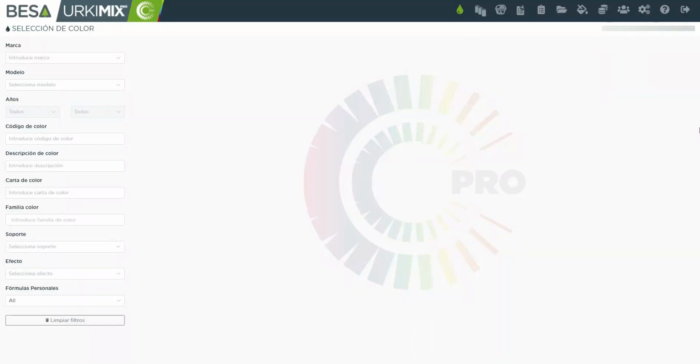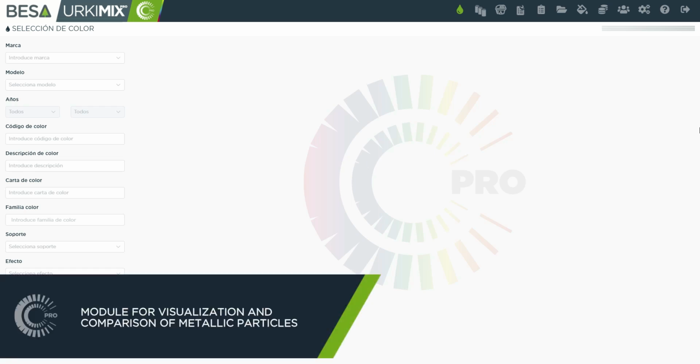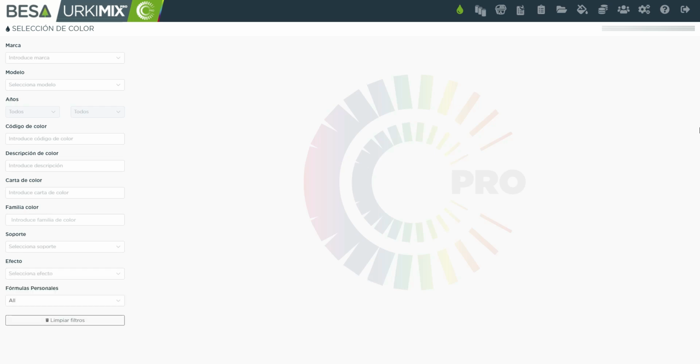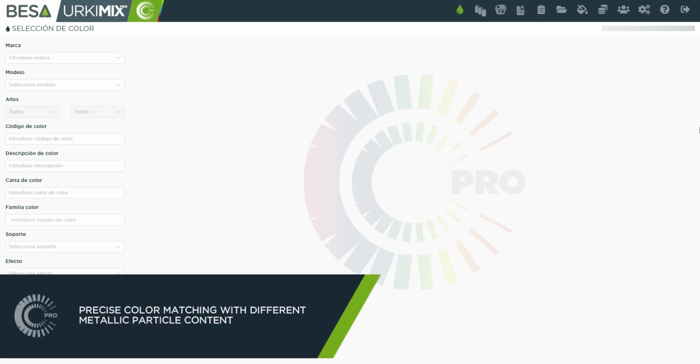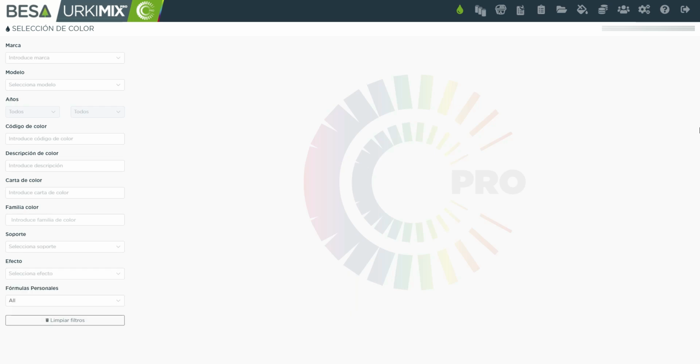In refinish, color accuracy is key. The new version of the URKIMIX PRO software includes an advanced feature that identifies and quantifies aluminum particles in paints. Thanks to this new algorithm, the software provides a unique tool for achieving precise color matching with different metallic particle contents. In this video, we will explain step by step how to use this new functionality so you can make